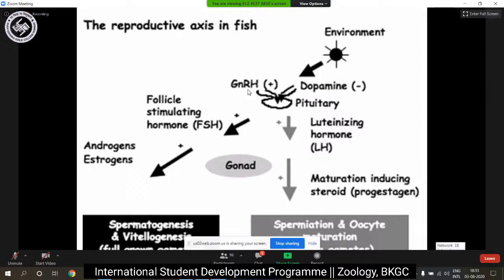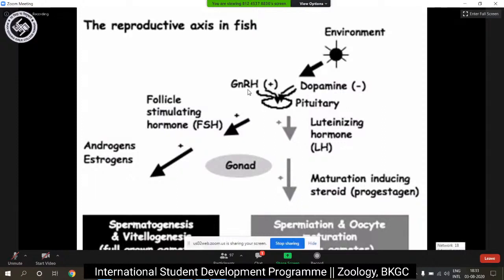So we can just categorize the reproductive axis into these two phases. During one phase, there is development of the gonadal structures or development of gametes, either through the process of gamete development or gamete growth. And the second step is actually the maturation phase, where the process of release of sperm or the process of maturation of ovum and ovum release happens. And the first step, that is the growth, is being regulated principally by the C18 or C19 steroids, that is androgens or estrogens and androgens respectively. Whereas the next step, the maturation phase, is being regulated by the progestogens, the C21 steroids, that is by these